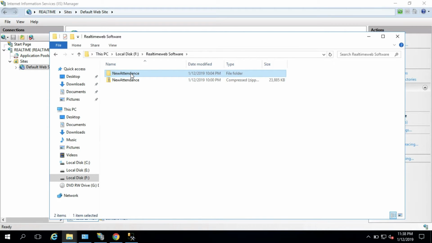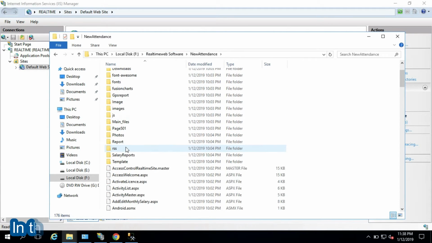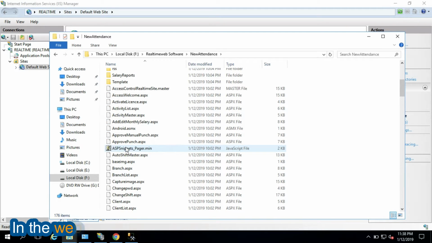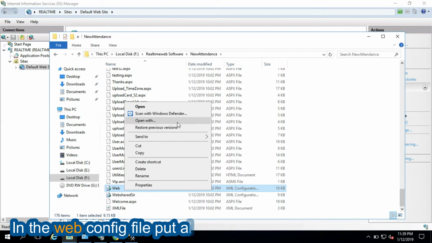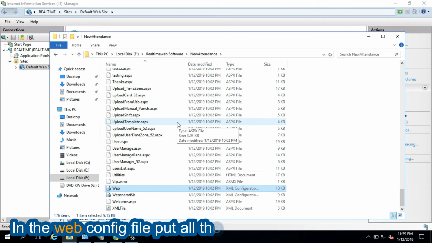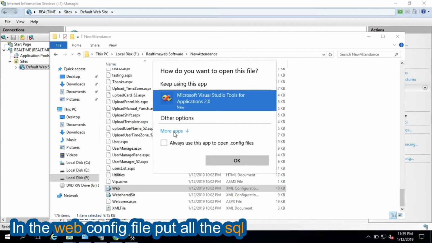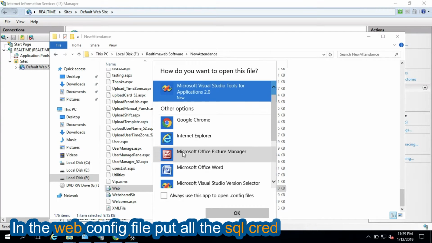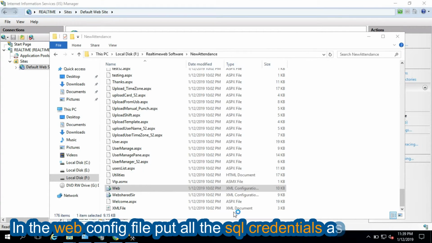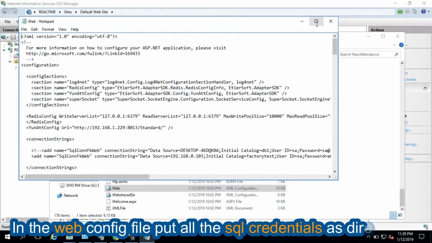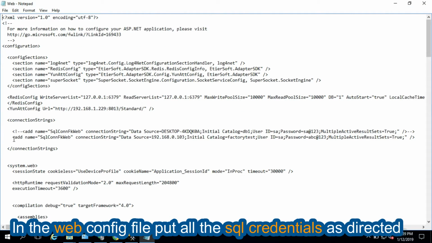At the bottom we will see a file named web config, that is the web.xml file. Just open this file using notepad. More apps, where are you notepad? Here it is. Click OK, and in this file make sure this name